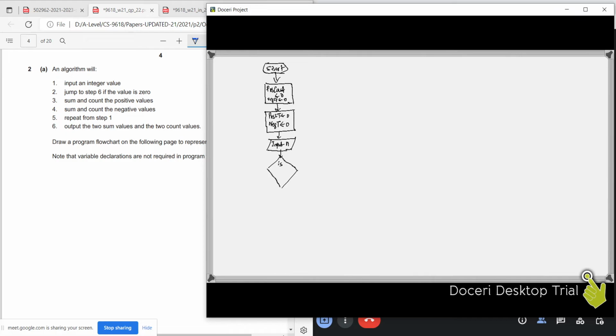Now here it says jump to step 6 if the value is 0. So it means the condition, it is a condition-based loop, so we can guess that it is a while loop, and the condition is if the n we are inputting is equal to 0. Okay, so if it is yes, then what will happen? The program will stop. It will just go toward this side,